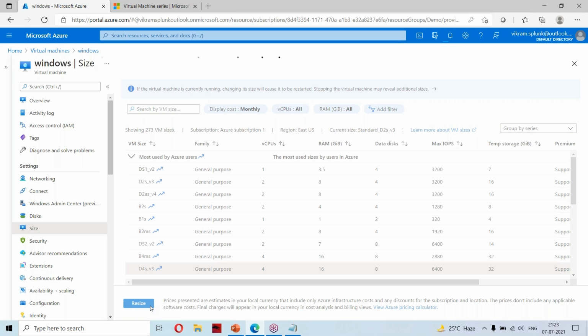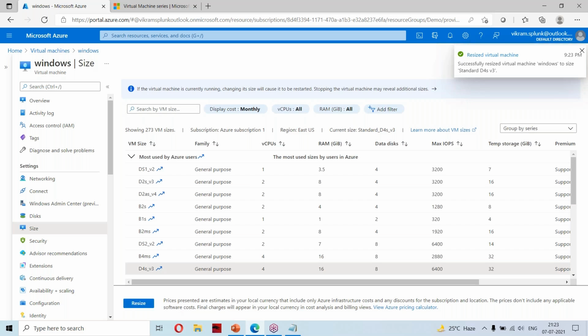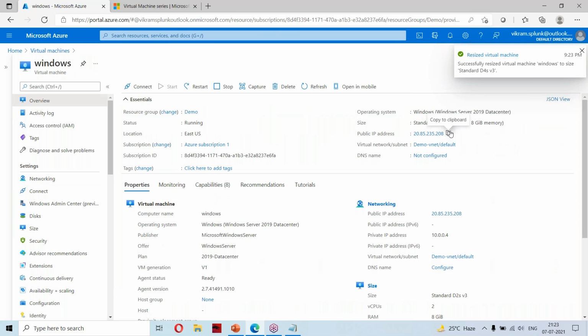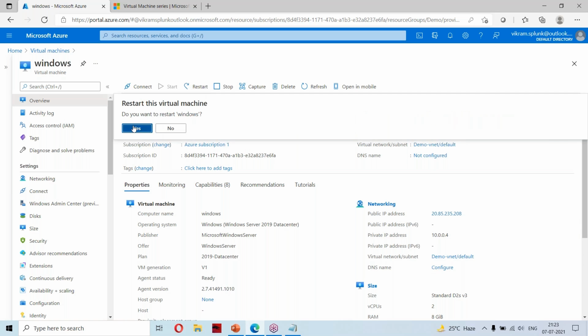Like how much downtime will it take for upscaling? Upscaling will take time based on the image. And now this is resized. If I go here, it is still the same vCPU. So what I will do now is stop and start this machine. I will restart that machine.